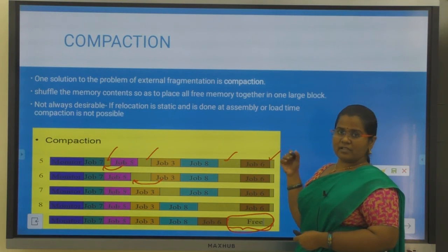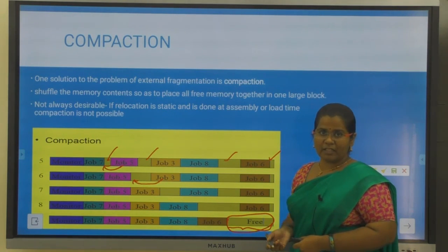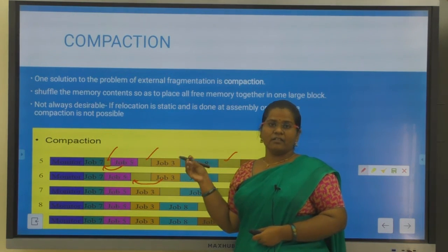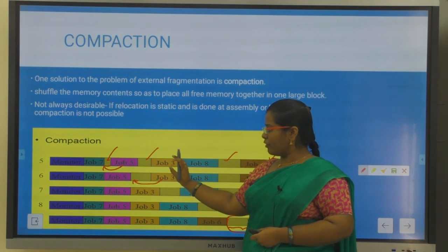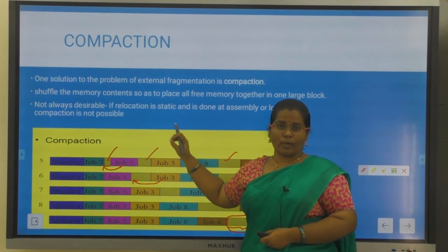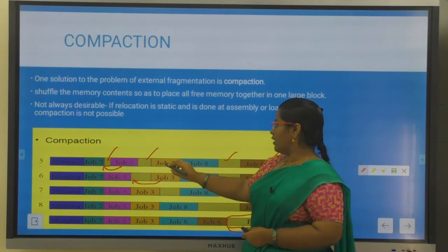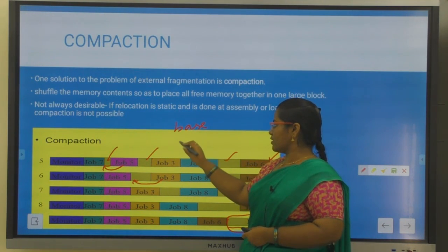But even though it provides a solution to external fragmentation, you cannot use this compaction method whenever required, because moving a job from one location to another requires you to change a number of values. For example, we have studied the base and limit registers.